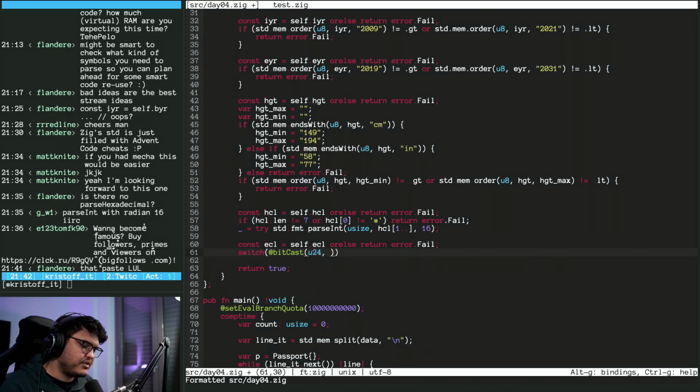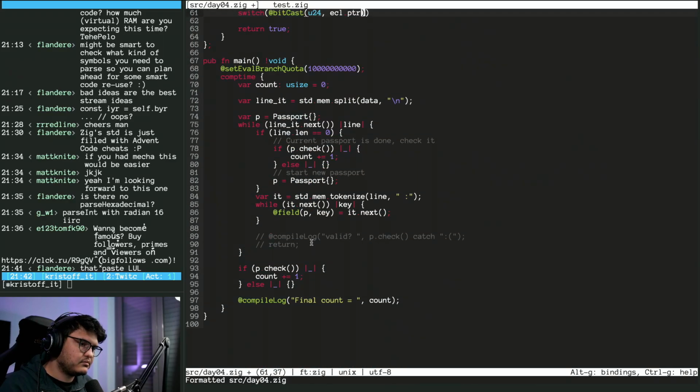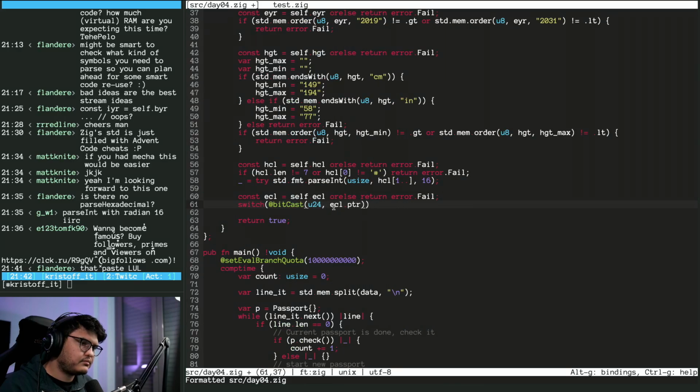You bitcast to a U24 ECL dot star, because I think ECL is a pointer. Oh, sorry, dot ptr since it's a slice. Is it a slice though? We are in comptime world, so we're gonna have to check that too. So bitcast ECL .ptr and